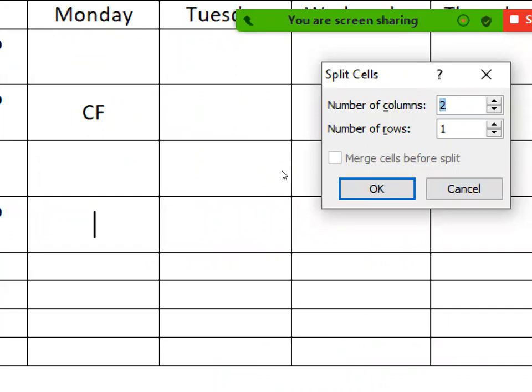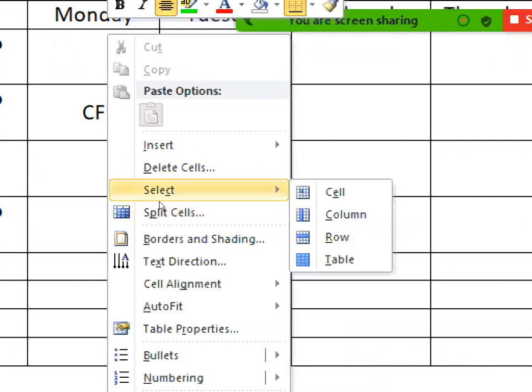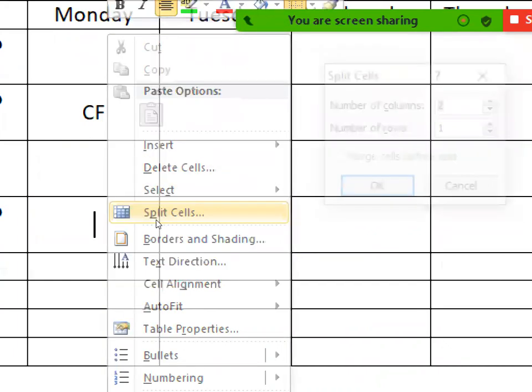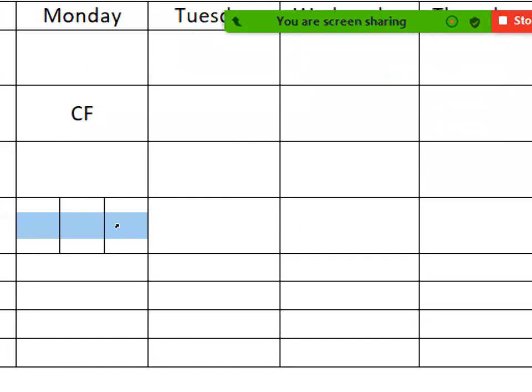So the moment you select this, in the one box that we have, two columns will be generated with one row. When I click OK, you can see that two columns are present. If you want to increase this, go to split cells again, and if you want three columns, you can increase this. So it will become three columns with one row.